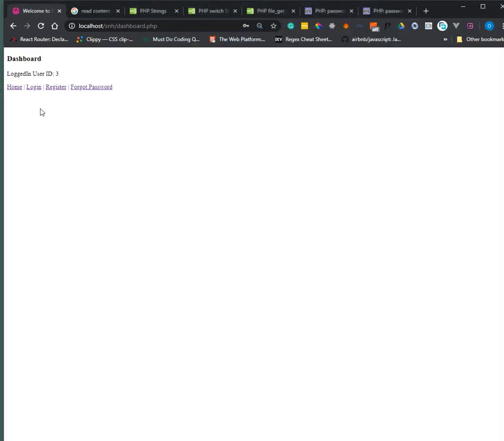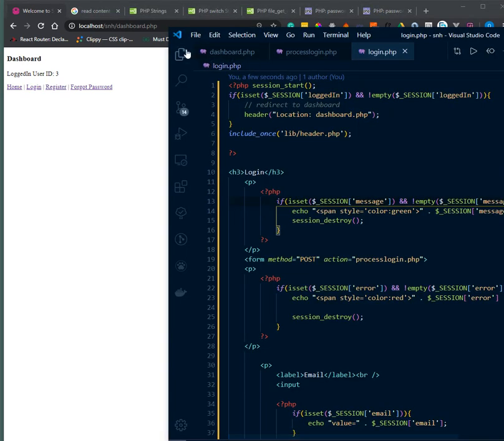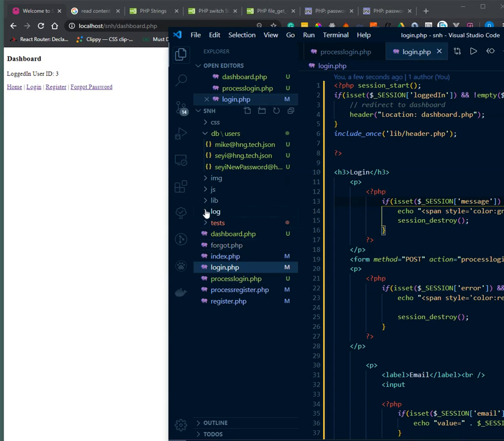So click on login now and I get sent here. Click on register, I get sent here. So there is no point in displaying these two anymore. How do we do that? How do we stop it from displaying? Let's go back to our library, which is our